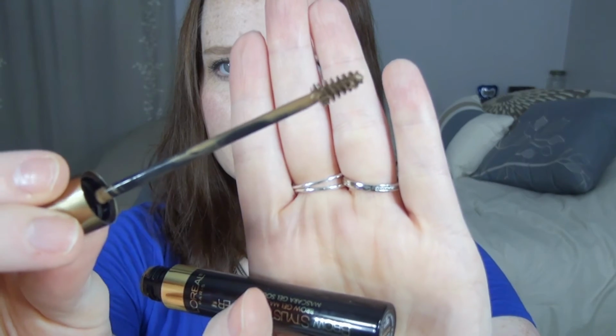And then on top of that, I have loved this. I'm so glad I got this. TT Sandra had mentioned this on favorites a little while ago, I believe, and it's the L'Oreal Brow Stylist Plumper Brow Gel Mascara, and this is in light to medium. It has a very small brush, which is nice, and this is the best